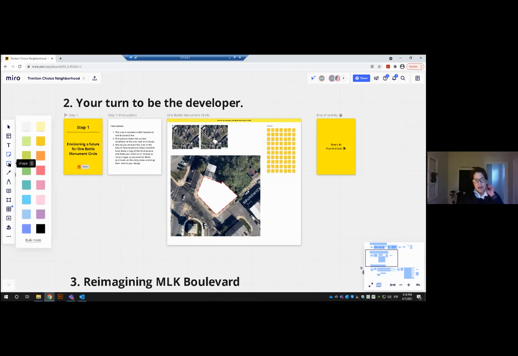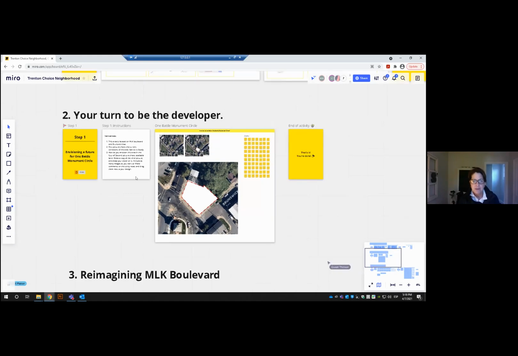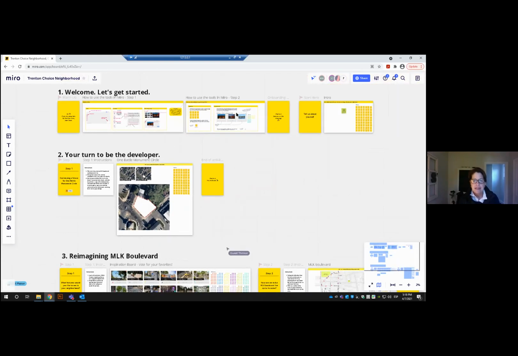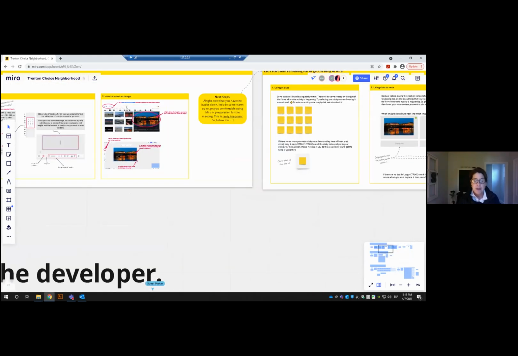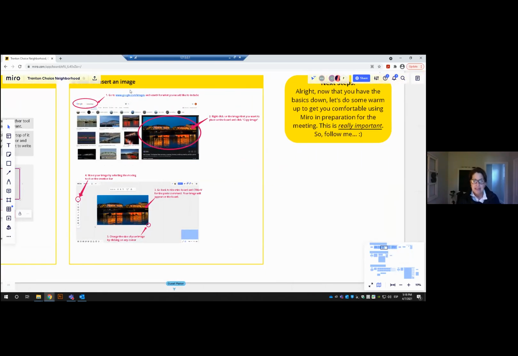You can draw an arrow using the arrow tool, and you can even copy and paste an image onto the board. If you are in Google and you want to share an image with us, feel free. All you have to do is Control C and Control V.